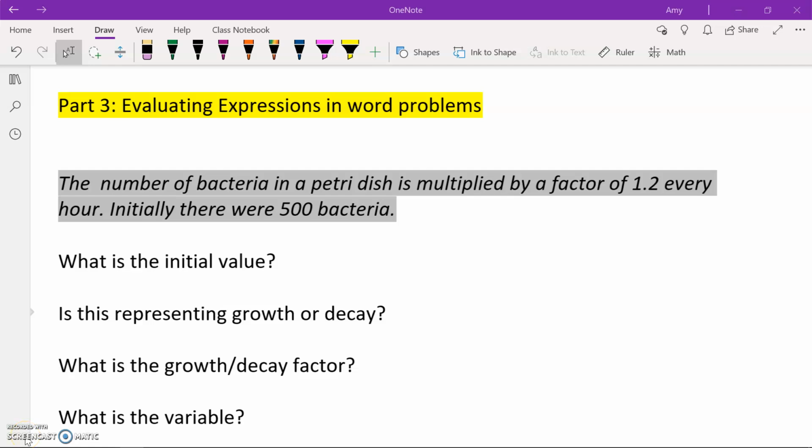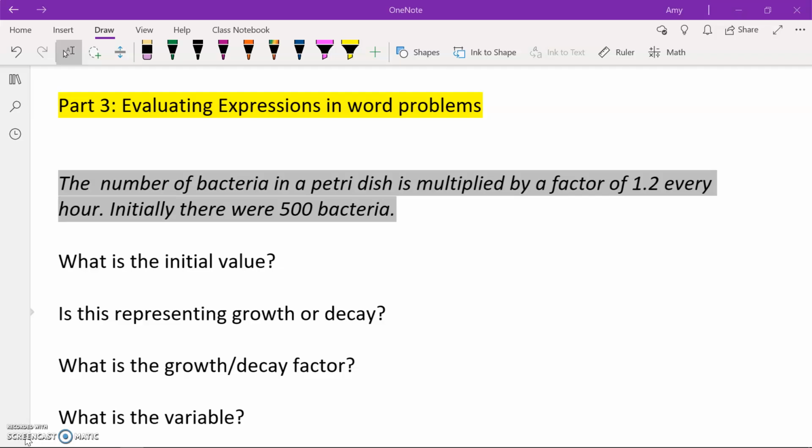Hi guys! In this video, we are going to practice evaluating expressions in word problems, specifically exponential expressions. So in this video, we will go through 3 different examples. We will write the expression or the function for each example, and then we will evaluate that function for a